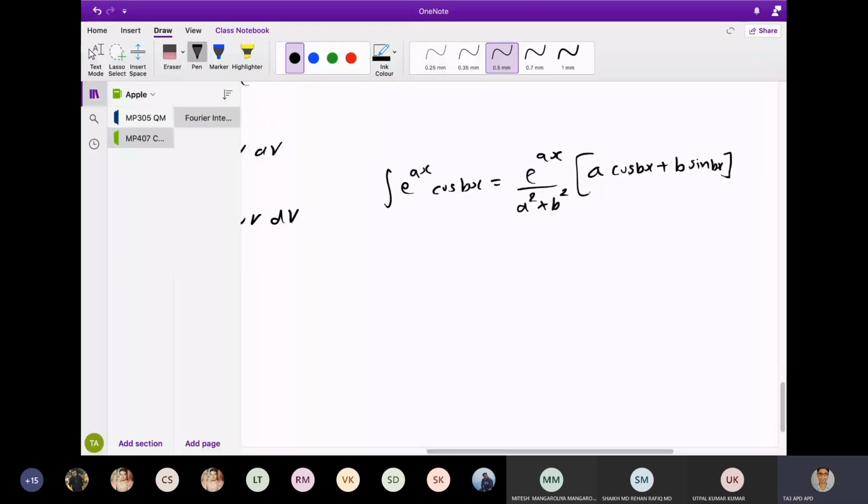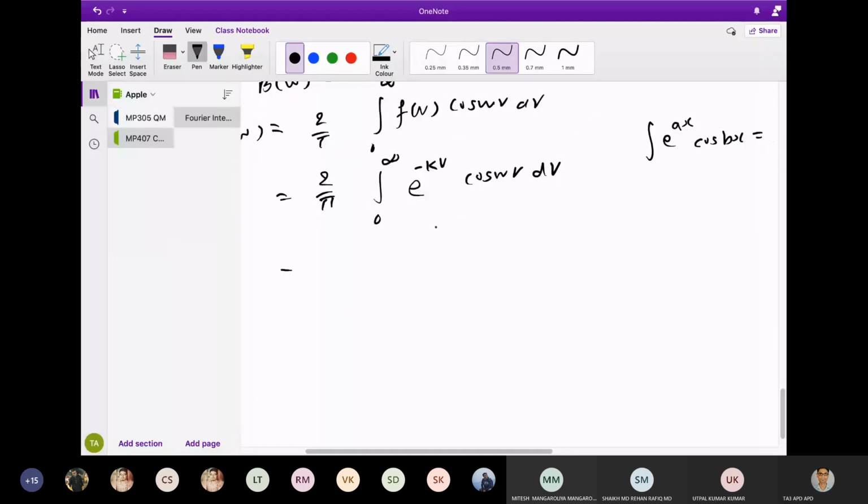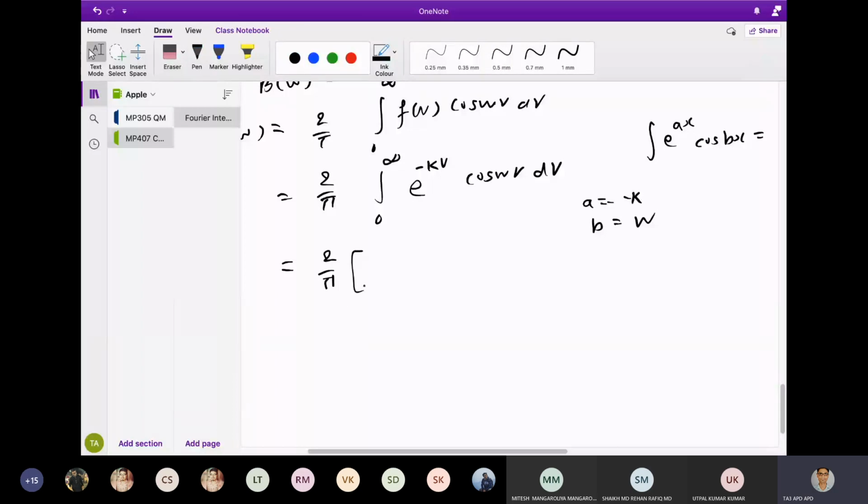So this formula we have to just directly apply in the calculation of our integral. In this integral, a is equal to minus k, and b is equal to w. So if you just simply apply that formula here,